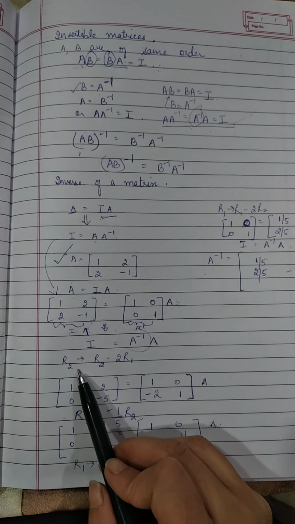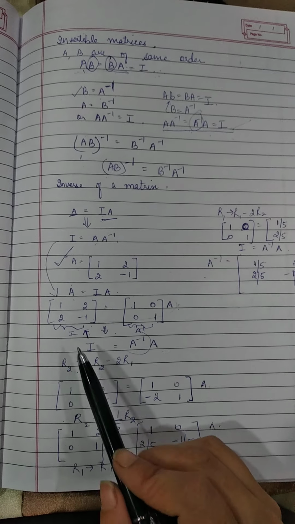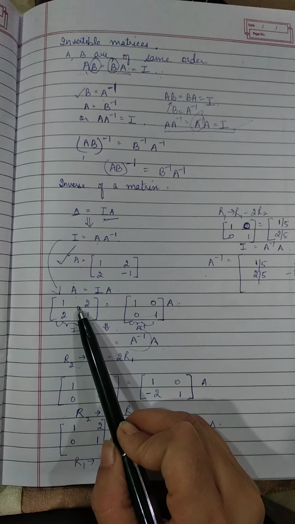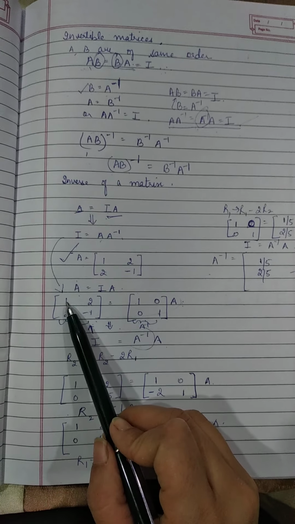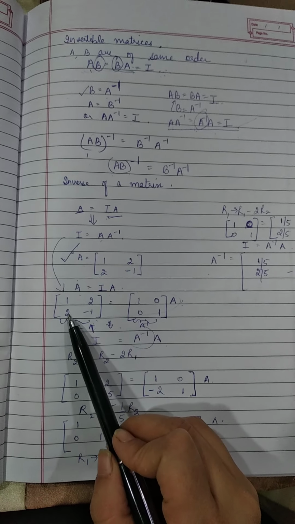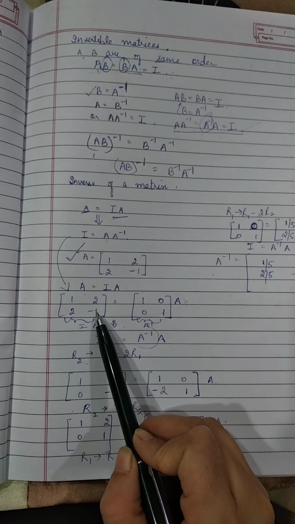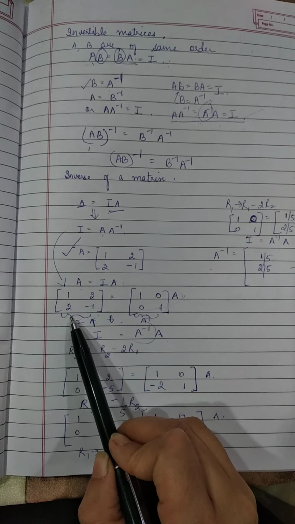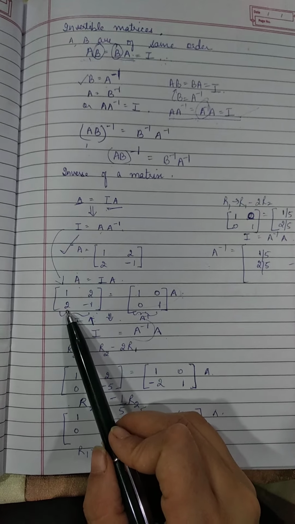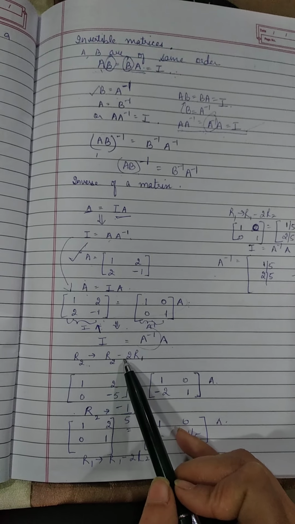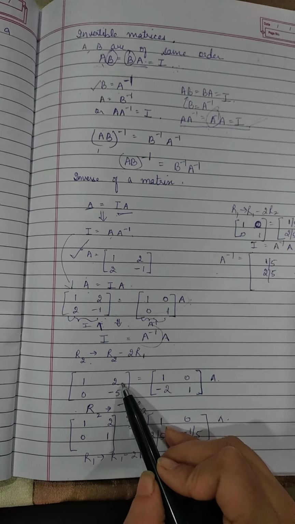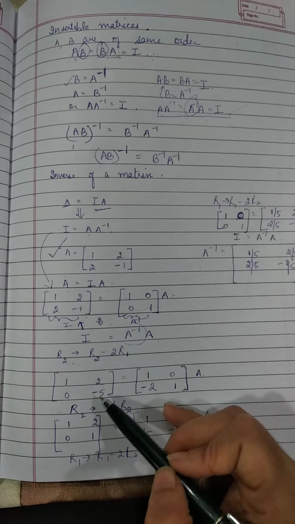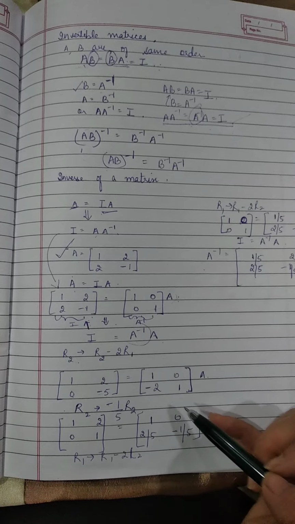So here I have applied the rule on R2. Remember, I have to make it an identity matrix. So I want this element as 1 and this as 0, this as 0 and this as 1, right? If I have to make this particular element 0, what do I need to do? If I apply a transformation on R2, what do I get? R2 minus 2R1. So let 1 and 2 be as they are. R2 minus 2R1 will give me 0. R2 minus 2R1 will give me minus 5, right?